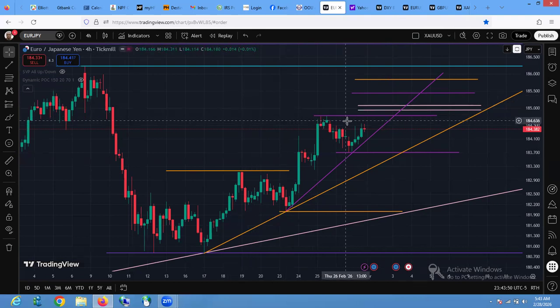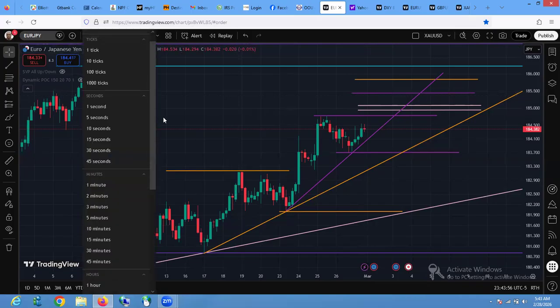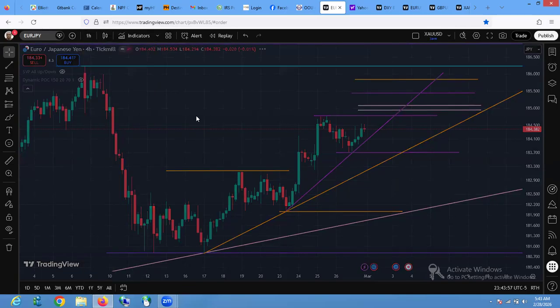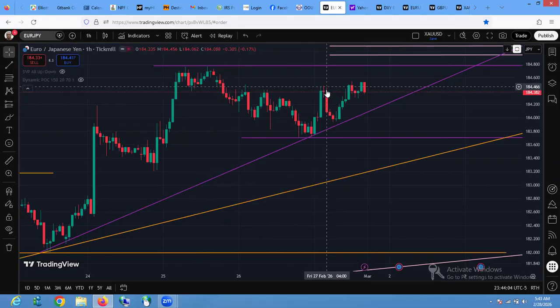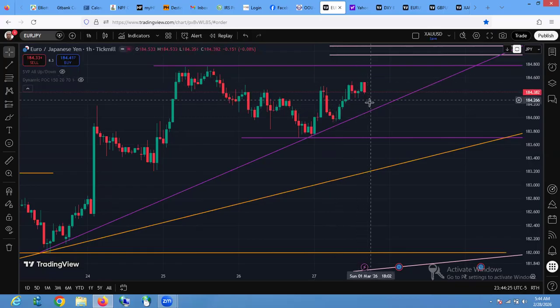But for now, immediately the market opens, let's see what happens here. On the 1 hour time frame, I've spent more time here. And so on the 1 hour time frame, we are seeing this move. This could be an A wave, this could be a B wave. If they want to come down more to the downside, let's see what the price is going to do to come to the downside. It depends on the kind of extension here and the way this will close on the 4 hour time frame. Because they may make this an A B wave, and come down more time as